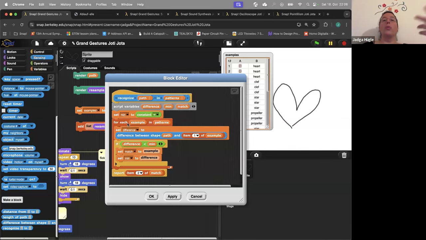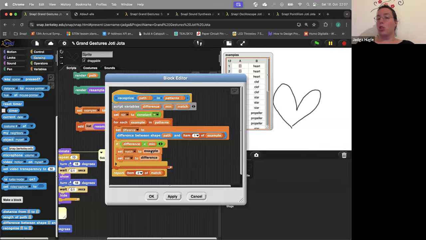And then we go through all the examples in our examples list. For every example, we do what I just showed you. We calculate the difference between the resampled path and the example that we're currently looking at. And if that difference is smaller than the current minimum, and you remember the first time the minimum was infinity, so we'll definitely find something smaller,